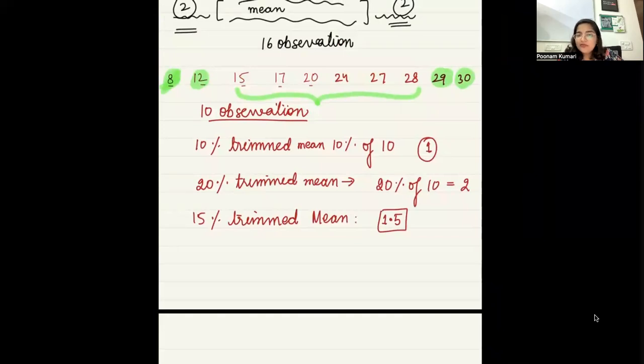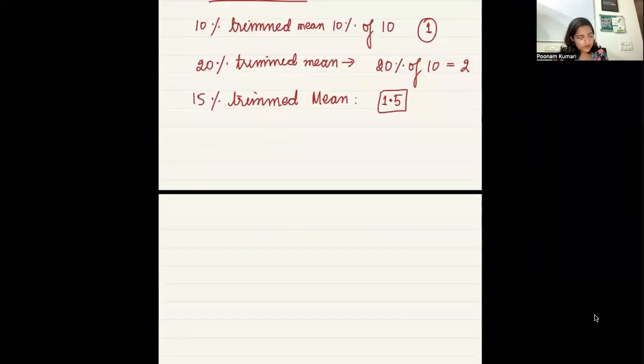No, ma'am. So this is not possible, first of all. You cannot remove 1.5 observations from here. So whenever this number that you have is not an integer,